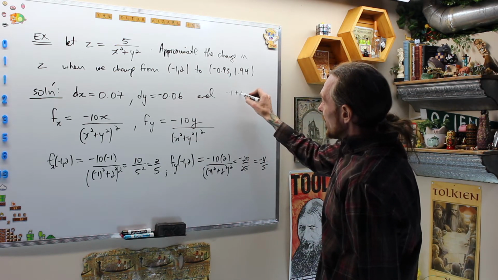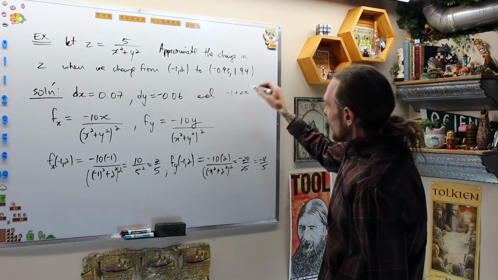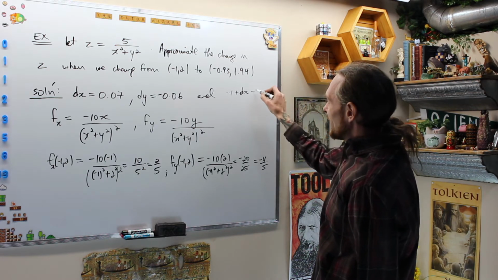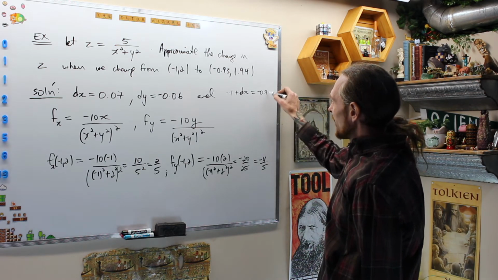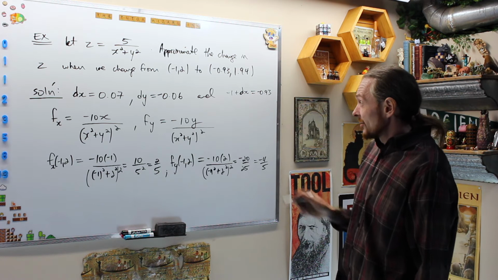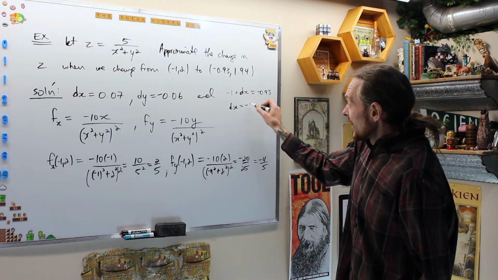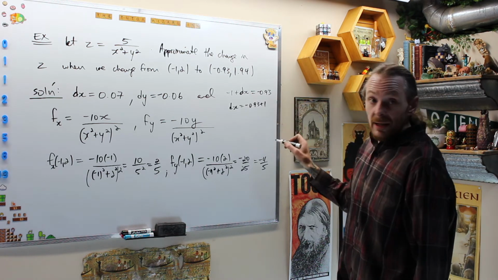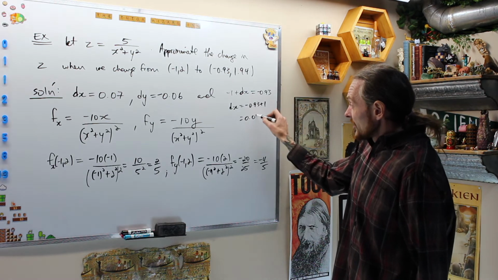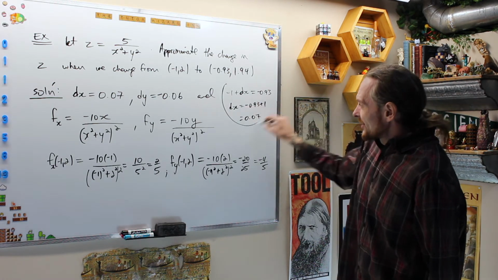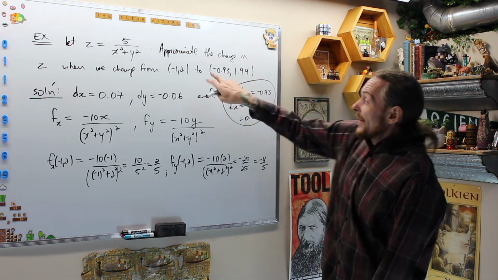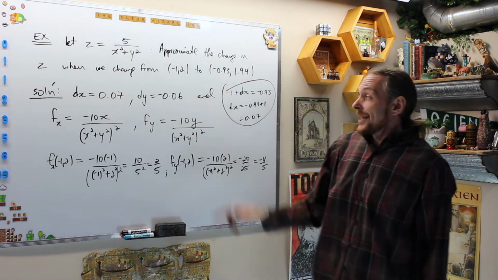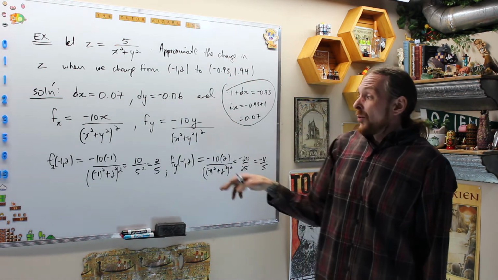-1 plus delta x, or what we call dx, has to equal -0.93. You can actually set it up in an equation. What's that going to say? dx is -0.93 plus 1, which is 0.07. That's technically how I solve that. But now I have the differential dx and I have the differential dy. Once I have those,